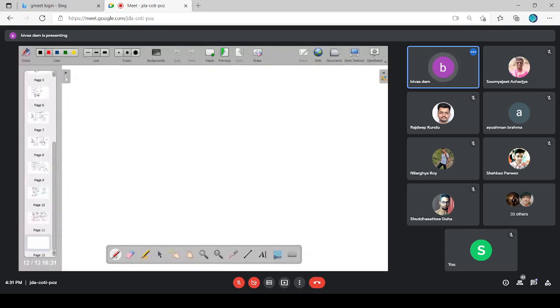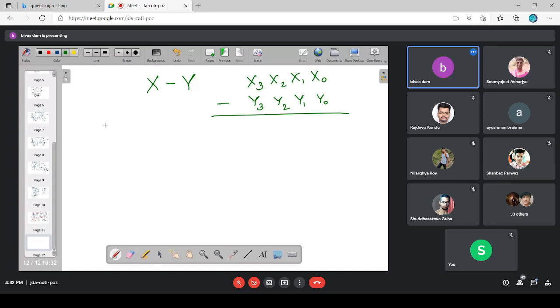So basically there what I'll be doing is we'll be going for x minus y type of operation. So once again, if we go for the 4-bit subtraction operation, that means x3, x2, x1, x0 minus y3, y2, y1, y0. This is my required operation. But let's look at decimal subtraction a little, and then I'll let you go today.